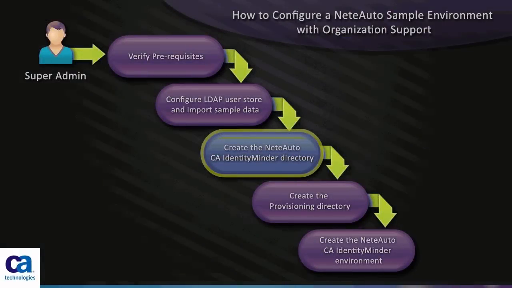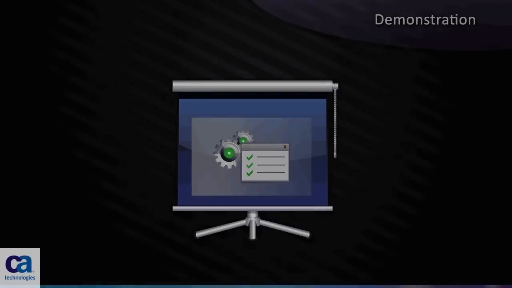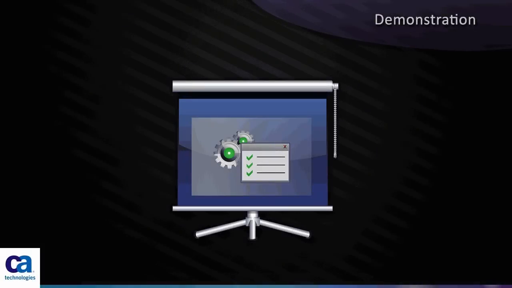The flowchart here shows the various steps we need to do to configure the NeedAuto sample environment. In this video we are going to focus on creating the user directory. First, let's create the NeedAuto CA IdentityMinder directory. Let's begin. We will create a new CA directory instance to use it as a user store for the sample NeedAuto